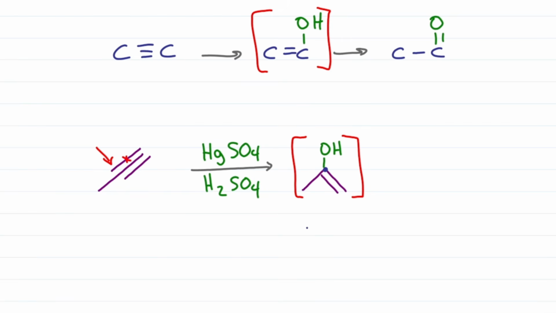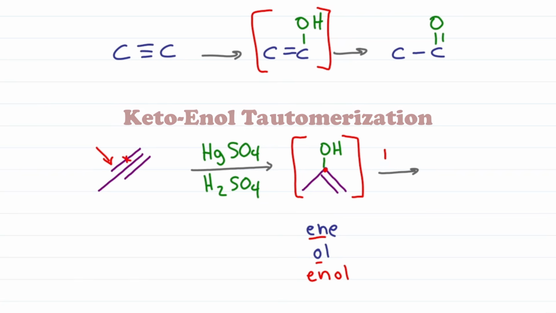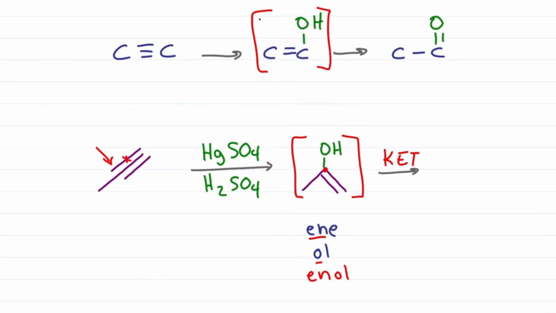This carbon has both an alkene and an alcohol, called an enol, which is not stable, and so it'll automatically undergo an isomerization reaction, specifically a tautomerization reaction called keto-enol tautomerization, which is going to remove the pi bond from carbon to carbon and add it between the carbon and oxygen for a final product with a ketone at the